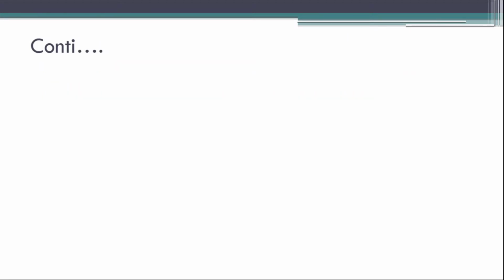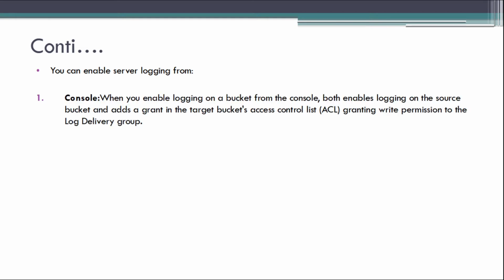Okay, so let's continue. You can enable server access logging from the Amazon S3 console. When you enable logging on a bucket from the console, it both enables logging on the source bucket and adds a grant in the target bucket's access control list, granting write permission to the Log Delivery group.